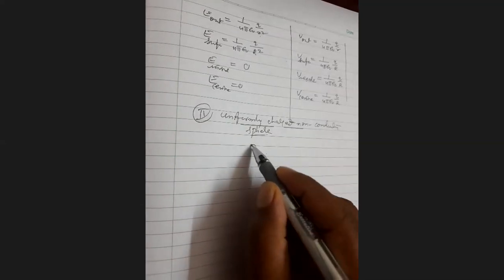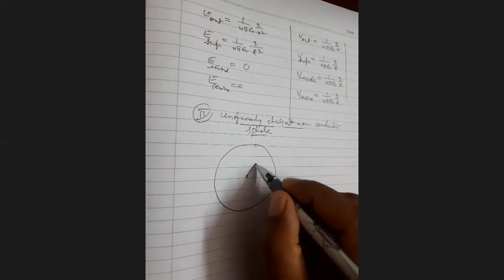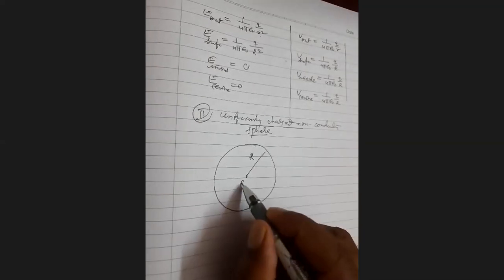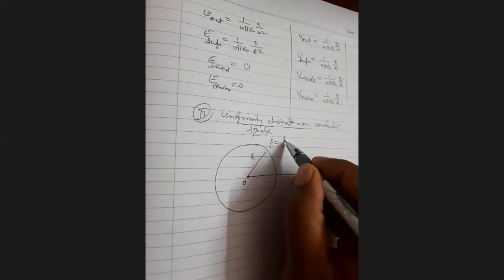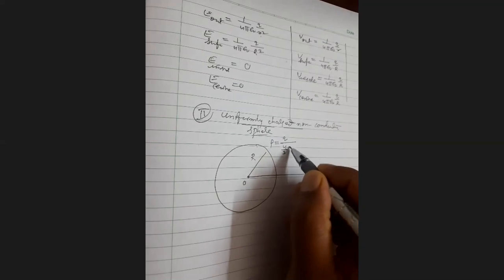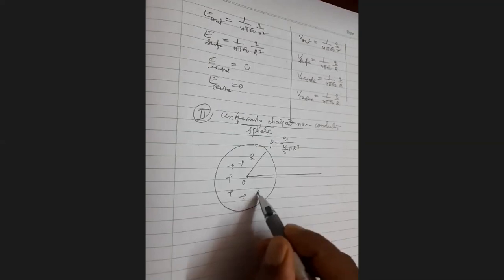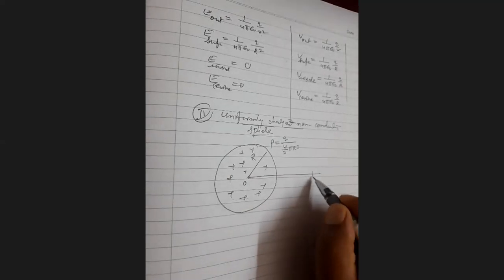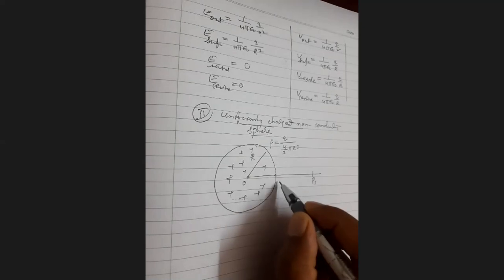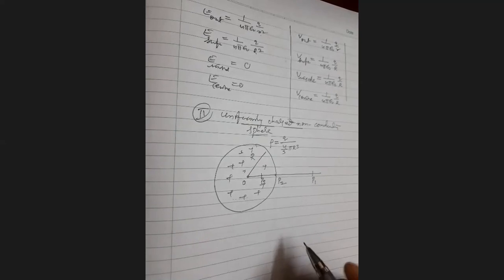So for that, consider this diagram. This is a non-conducting sphere of radius capital R, with center O, and charge density rho equal to charge per unit volume, Q by 4 by 3 pi R cube. Here the charge is distributed throughout the volume of the sphere. Hence, the charge is shown inside the sphere. Now I am considering three points. P1 is an outside point, P2 is on the surface, and point P3 is inside the sphere.